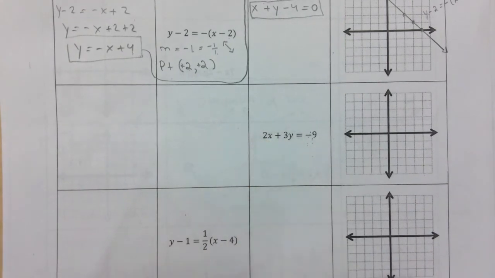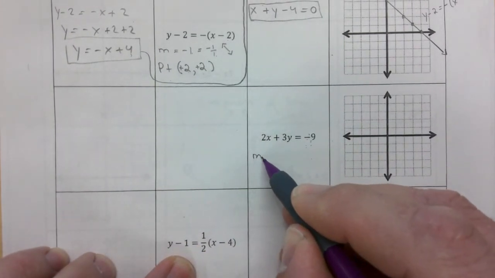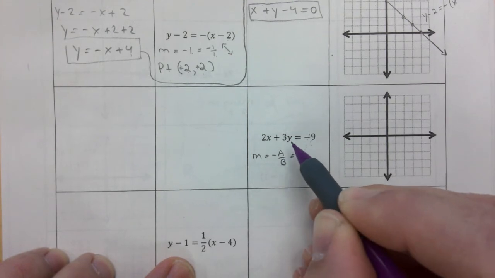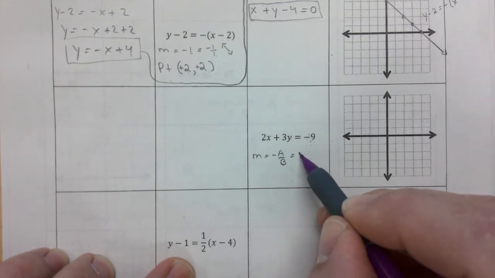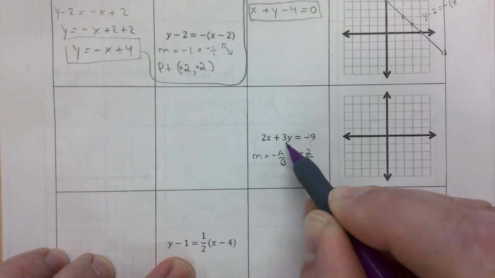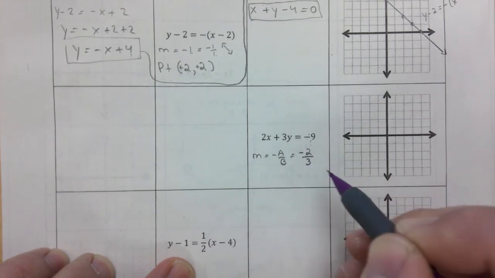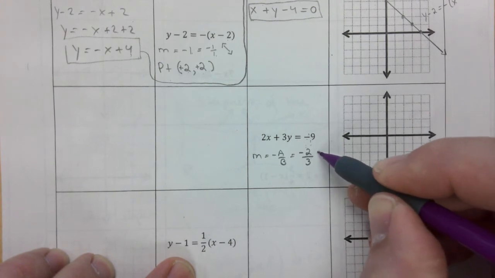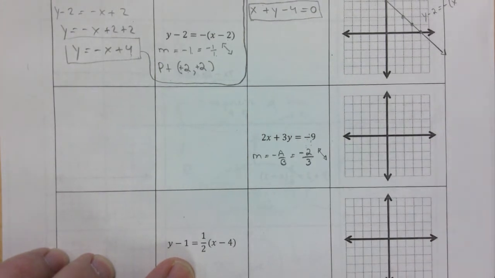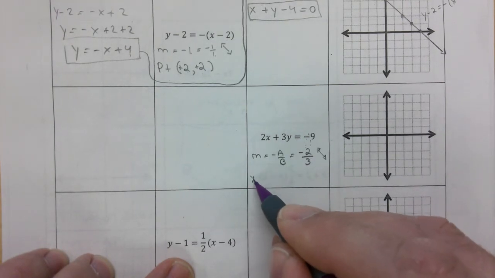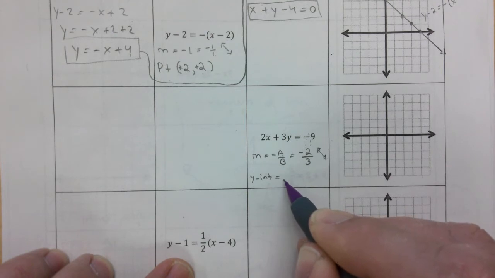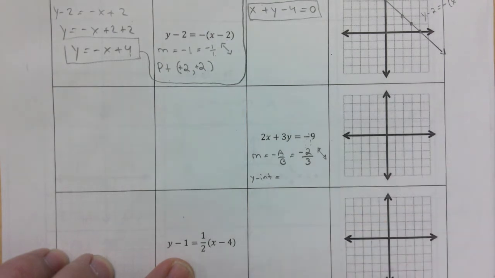I'm going to use the shortcut for slope. The slope is negative a over b. So what's a? It's 2, so make it negative 2 over whatever b is, it's 3. So that's my slope. I expect the line to drop. Here's another shortcut that I didn't tell you about, but the y-intercept is actually, I should be careful here because